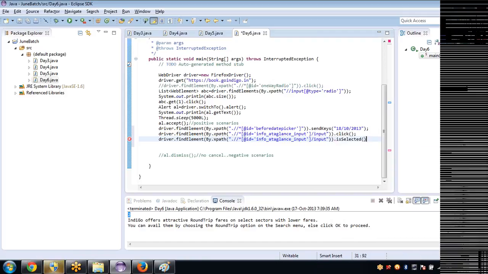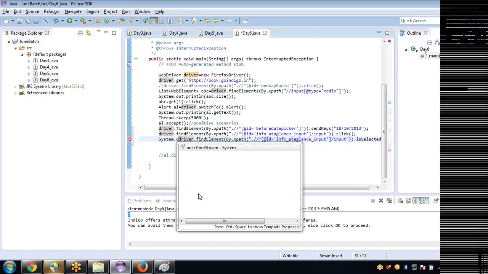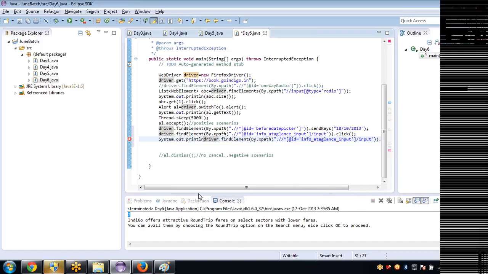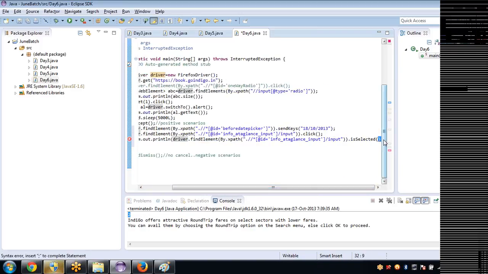This will give you whether it is checked or not. It will return true. It returns a boolean value, so I'm writing System.out.println so that you can see the output, true or false.